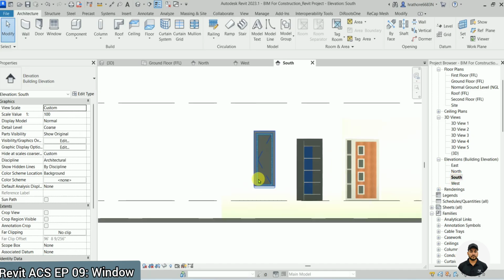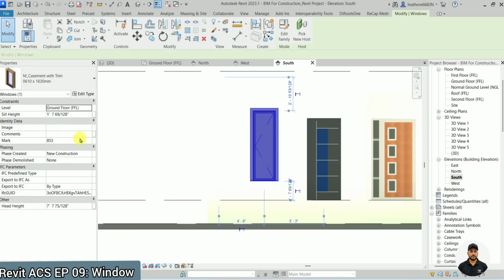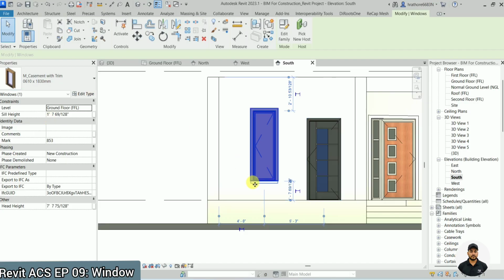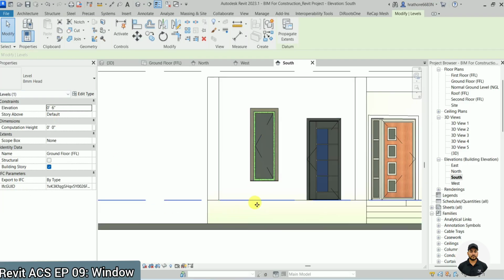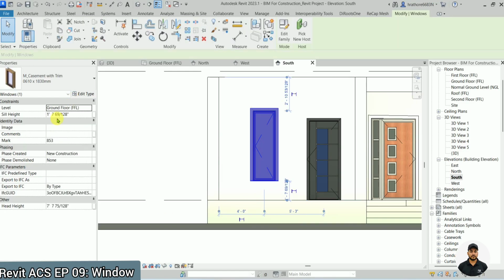So as you can see here, the window right now is showing the sill height, meaning the bottom of the window from the top of the finish slab, or you can say the bottom of the window from the ground floor FFL. So right now the bottom is approximately 1 foot 7 inches high from the ground floor FFL. Okay, so this is sill height, meaning the bottom of the window